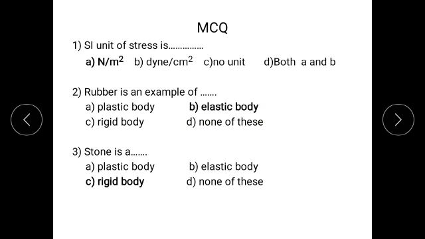Question number 3: stone is a. Option A is plastic body, option B is elastic body, option C is rigid body,